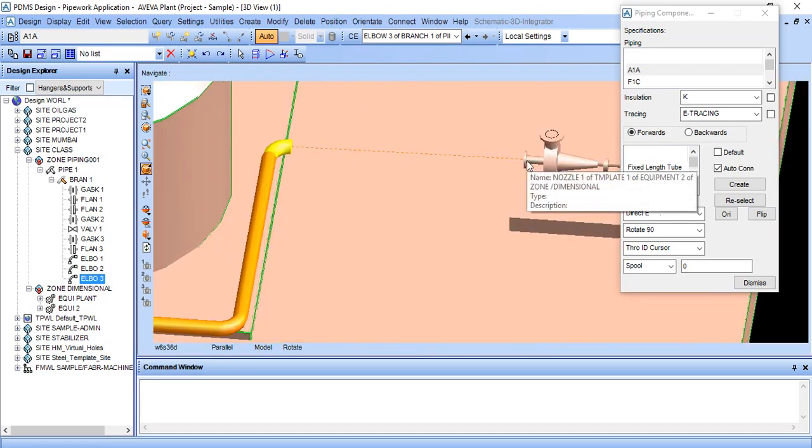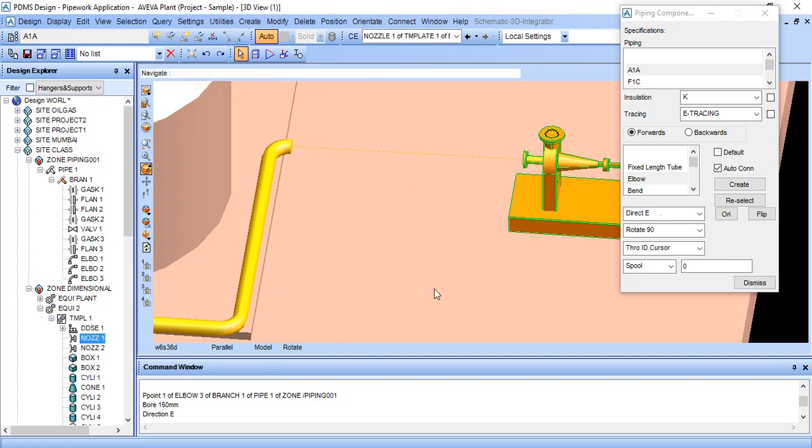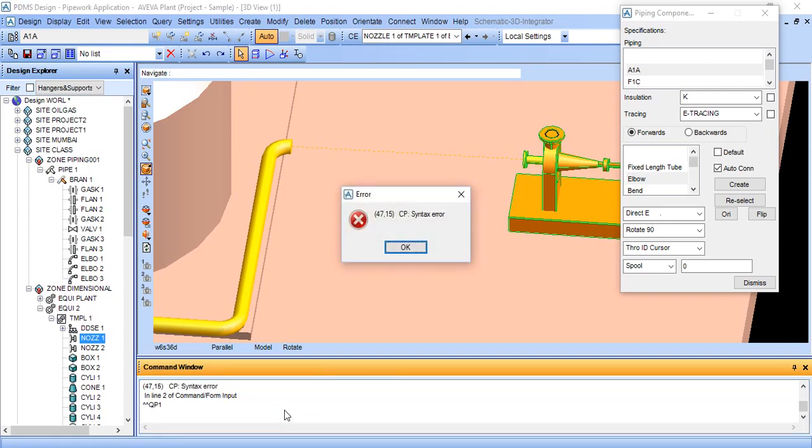And here we can see it is small, so we will check the attributes, Q P1. So here its bore size is 150, and now we will measure this. To select this, click on navigate to element, select this and check Q P1.